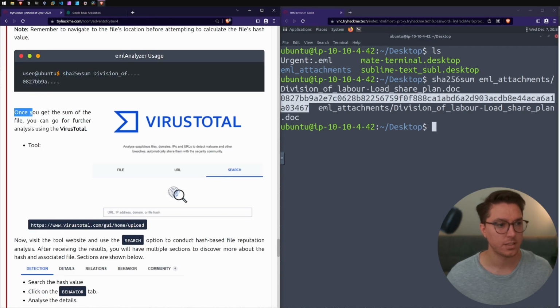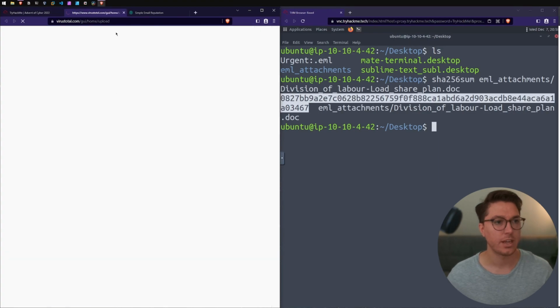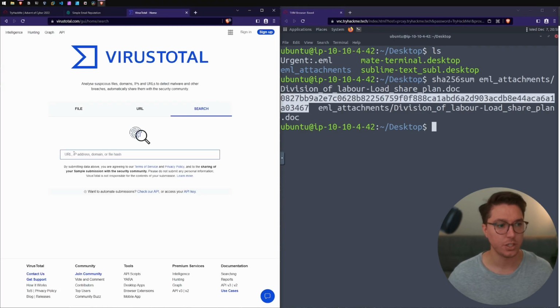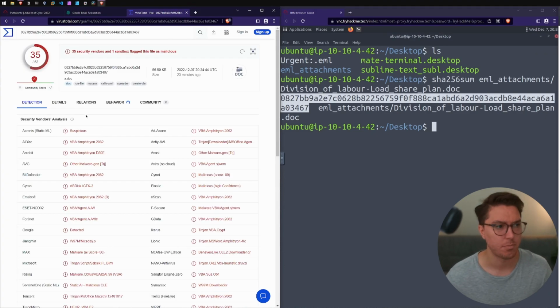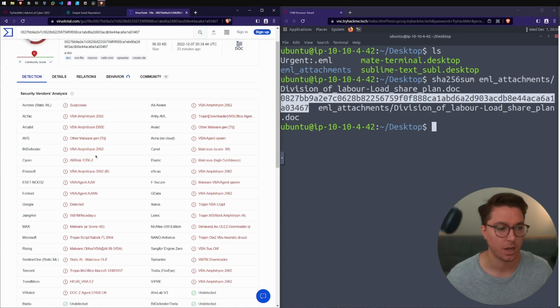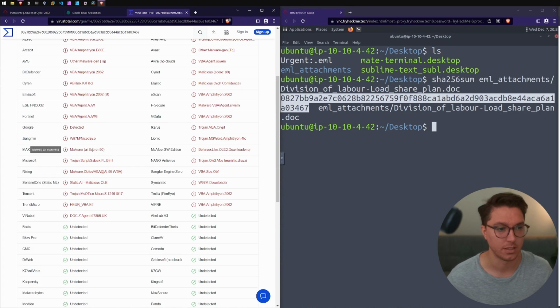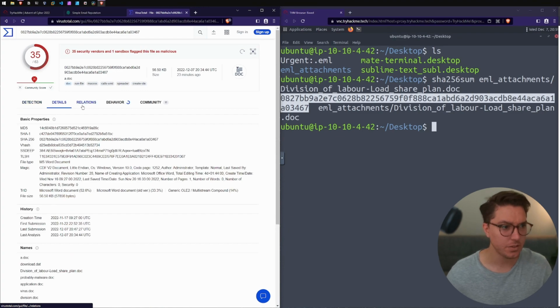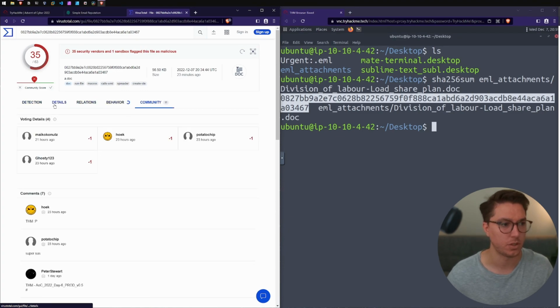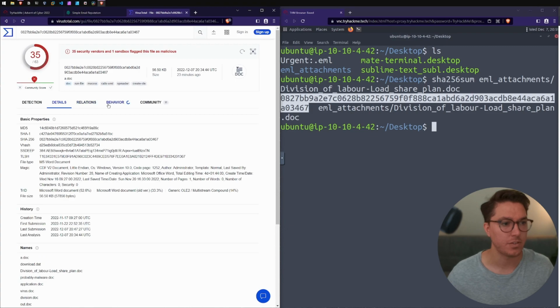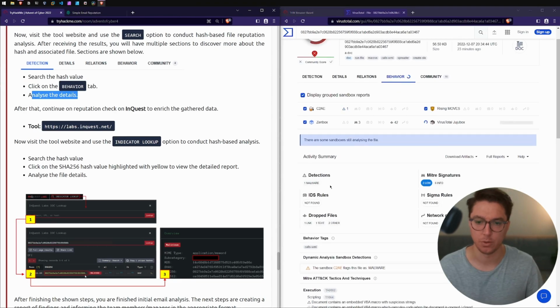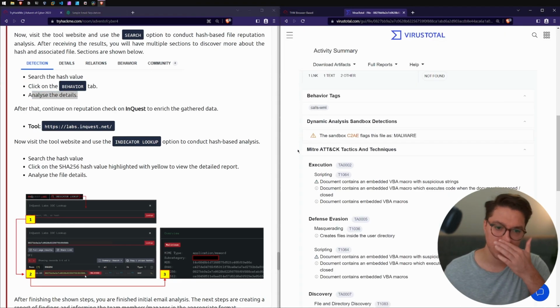So once we've got the sum of the file, you go and use VirusTotal. So let's navigate over there and we can search URL, IP address, domain, or file hash. So we can paste that in, hit enter, and we've got a bunch of, oh no, this is bad, don't go near this. That's the detection. We go details, relations, behavior, and community. So it says click on the behavior tab, analyze the details. A little bit broad, but okay, so if we scroll down to the MITRE ATT&CK tactics and techniques, we've got